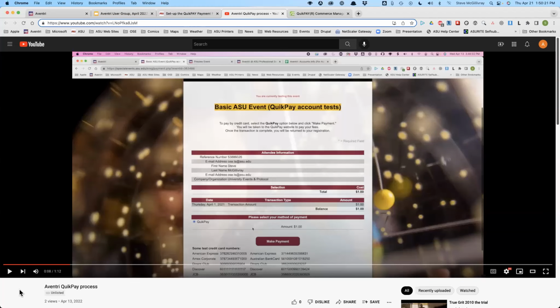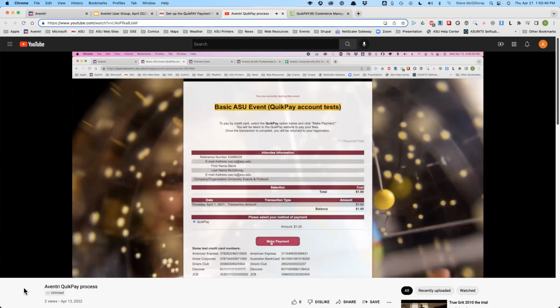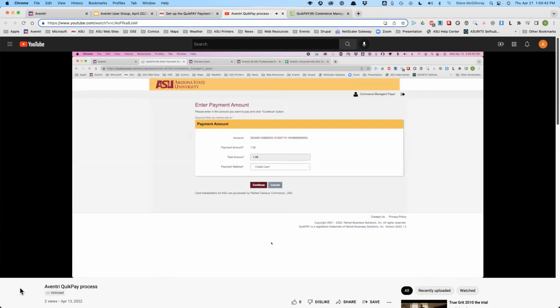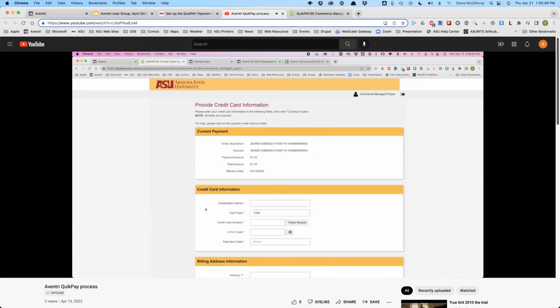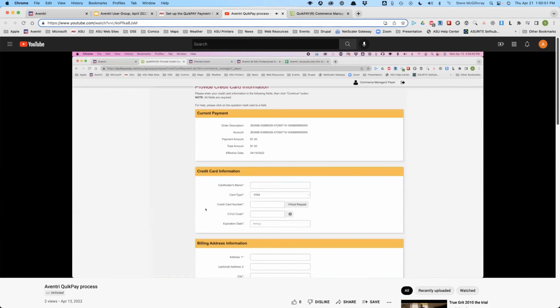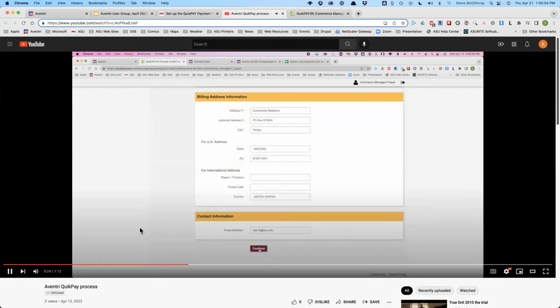I don't know if you have ever experienced going through the QuikPay process on an Aventri registration, but it looks something like this. You've entered the new registration page, you fill out the attendee info page, you've landed on the payment page, and then you just click make a payment. At this point, you are transferred from Aventri into the QuikPay portal, telling you how much you owe, and the attendee would then go through the process of entering their credit card information and their billing information here,